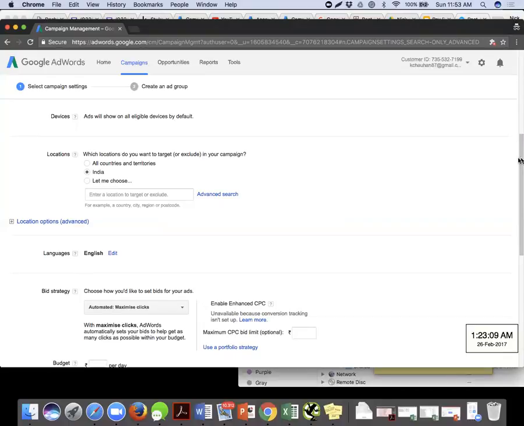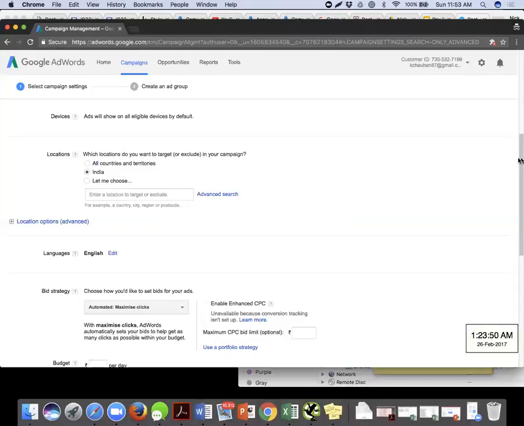In level 1, which was the account, there were only 2-3 settings options which we were seeing. Those 2-3 options, if you remember, were the country, currency, and time zone. Plus, there are some more, which I'll tell you. We can configure things like the account access, which I was telling you. If I want to give access to my individual account to some agency, that is also done at account level. That didn't come at that point of time, but I'll show you that it comes in the gear icon which is on the top right side.